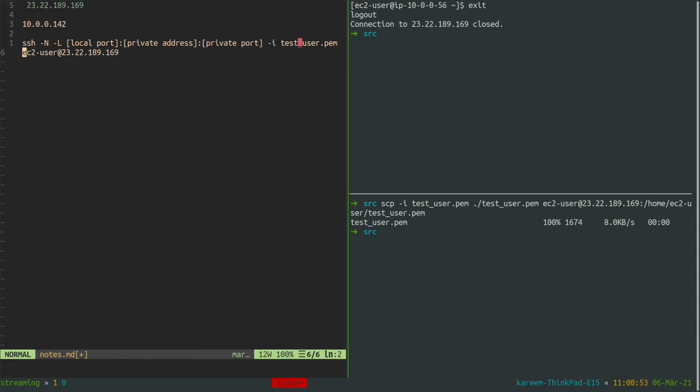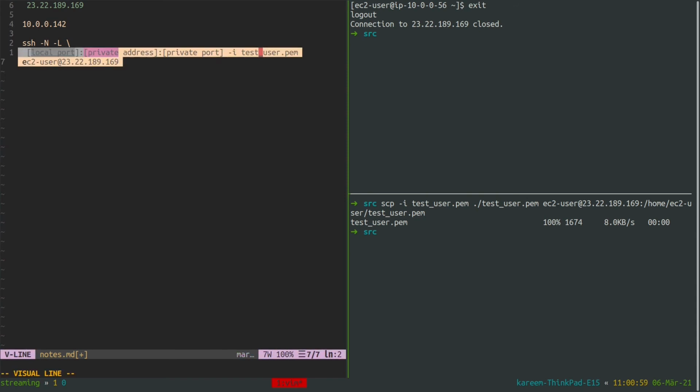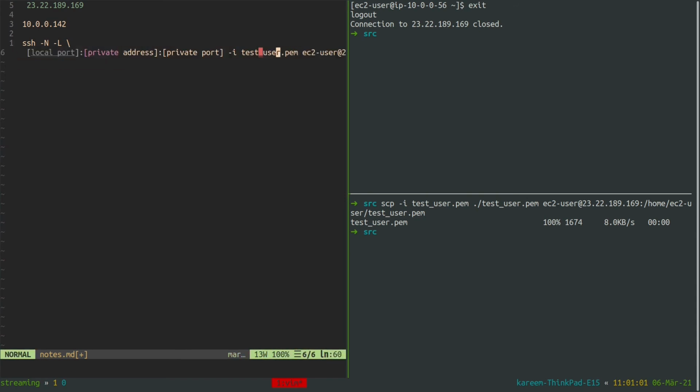Alright, so this will be the command right here, and let me just format it a little bit. For the local port, I'm going to use 6001. This can be any port available on your machine, and the private IP address is this one, and the private port is 22.